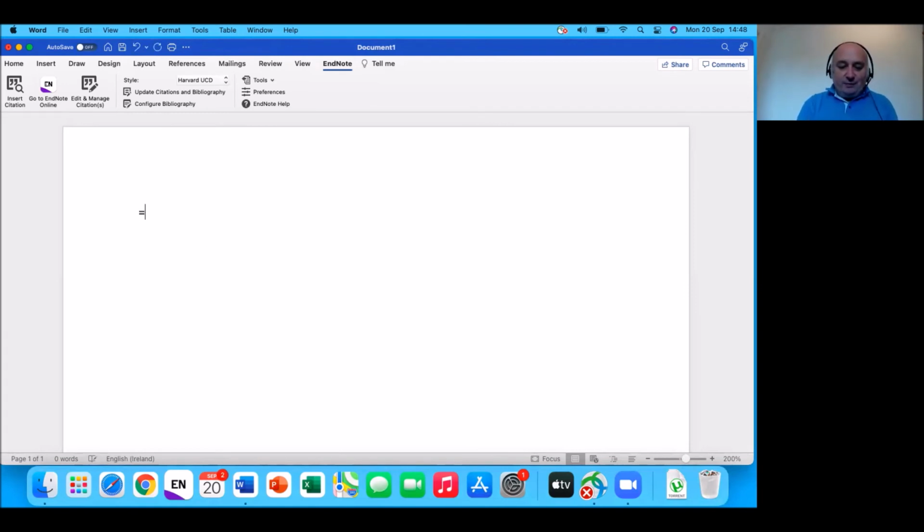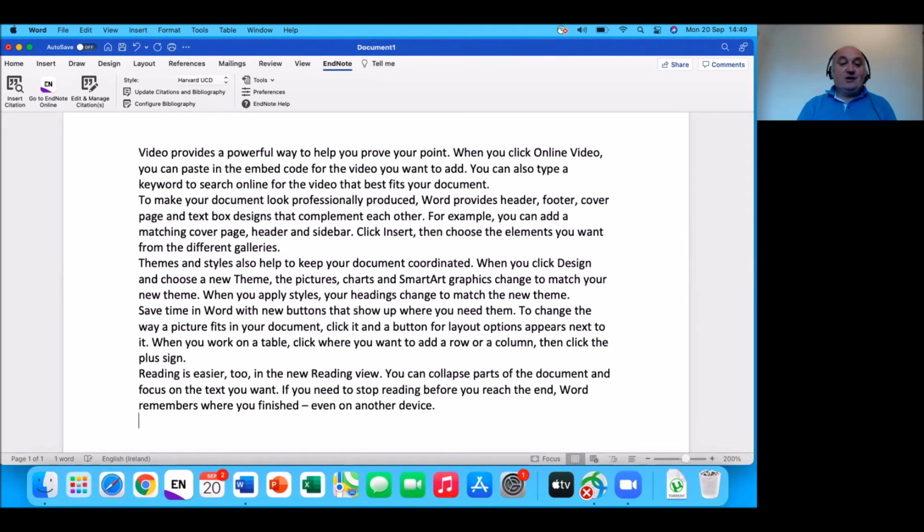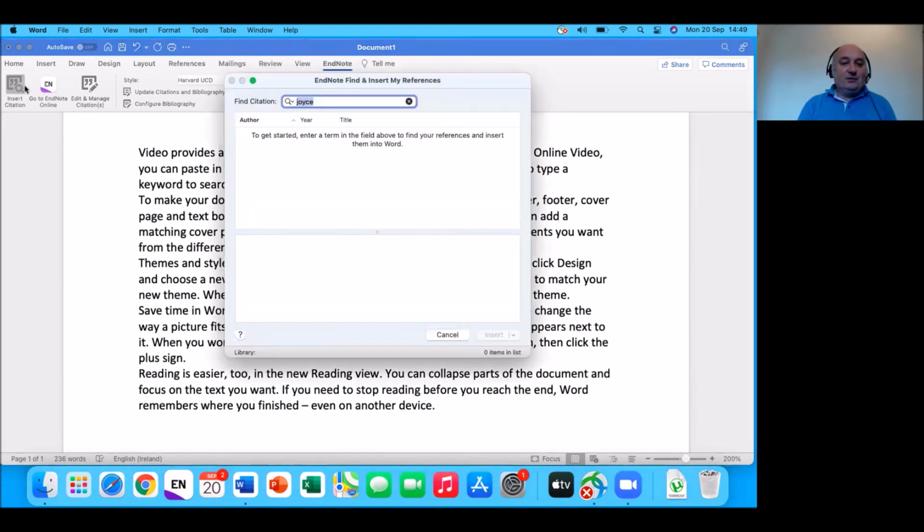So the easiest way to put some text on the screen is just to type =RAND(), open brackets, close brackets, and then press enter or return. And that's going to put some text on the screen for you. And then it's just as simple as putting your cursor where you want to insert your references. I put mine at the end of the first paragraph, and then going up to Insert Citation,